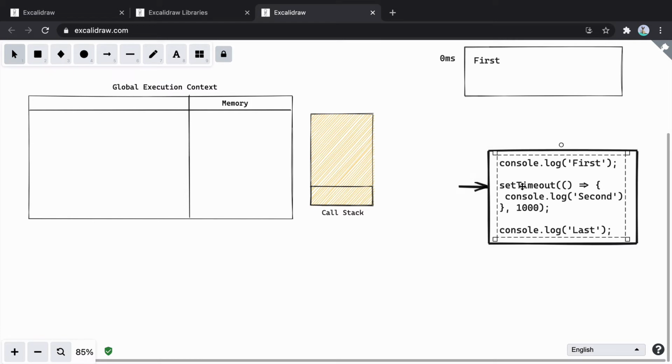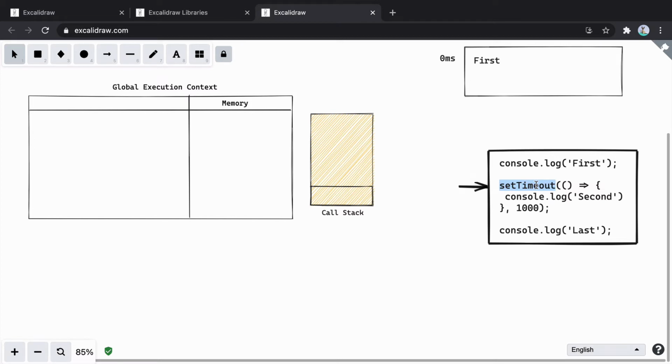Here we can see we are using setTimeout. We have already discussed in our previous video that setTimeout is not a part of JavaScript. It is a part of the host environment, in our case the browser. JavaScript always runs in a host environment; here it is running inside a browser. So wherever JavaScript runs, the host environment also provides a lot of functionality or help, you can say, using APIs. API stands for Application Programming Interface, an interface through which we can communicate with them.